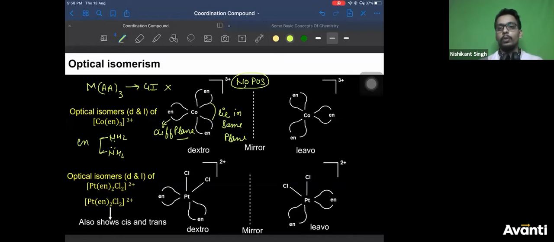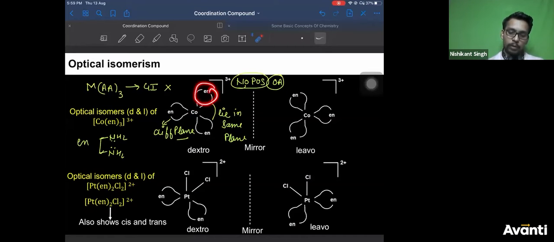It's a very big molecule. So all atoms cannot lie in the same plane, right? Since it is not lying in the same plane, there is no plane of symmetry, therefore it is optically active. Okay? Now, if this is dextrorotatory, it will have its mirror image, which will be just draw the mirror